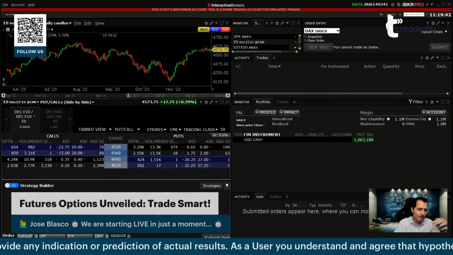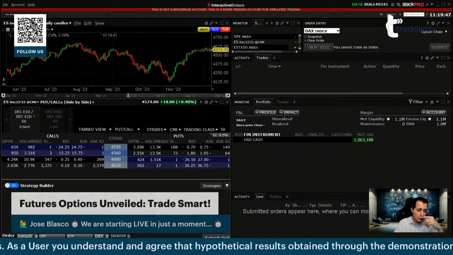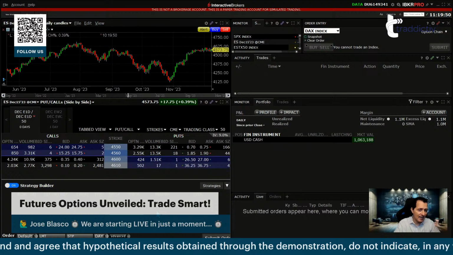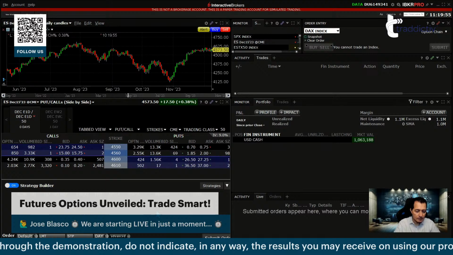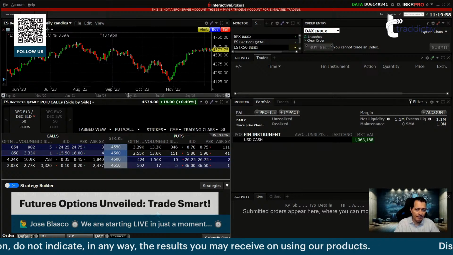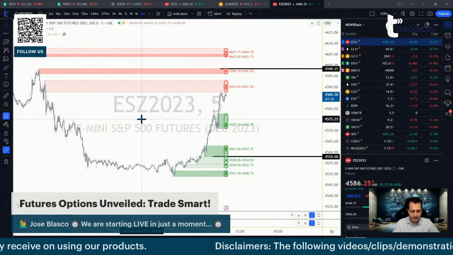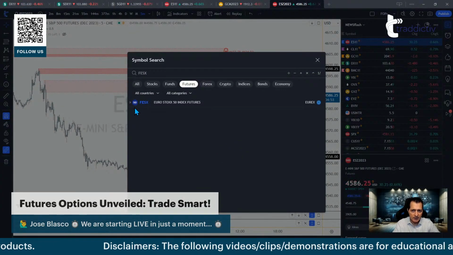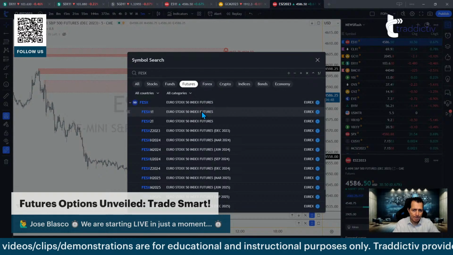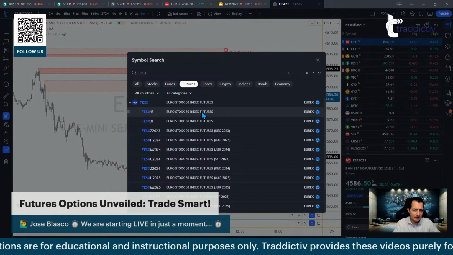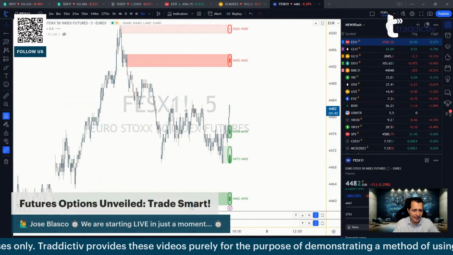The other thing which is important to know is that certain products are super cool. They have been designed in the electronic age, and therefore the way they have been designed makes their trading very simple. For example, if I load FESX, which is a futures contract for Euro Stoxx 50 trading on the Eurex exchange, that product didn't exist in the 60s or the 80s. You know what I mean? So that product was born during the electronic age.